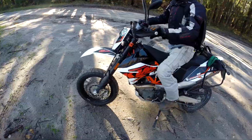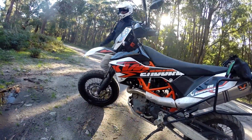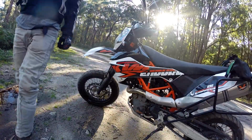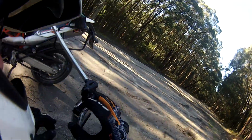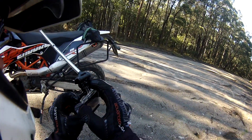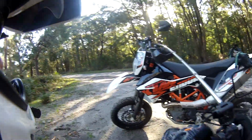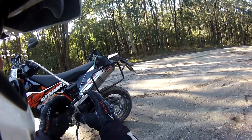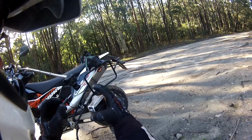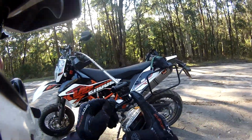I've got to say too, this bike has just reignited the passion. Because with my BMW, I used to be fairly terrified of going off-road with it. I'd do a little track comfortably at slow speed, and I'd be happy as a pig in mud. However, when it got to anything technical or anything extreme, I just sort of panicked on the BMW